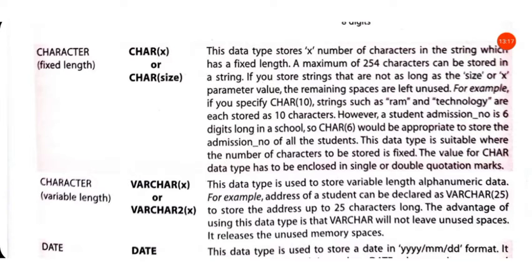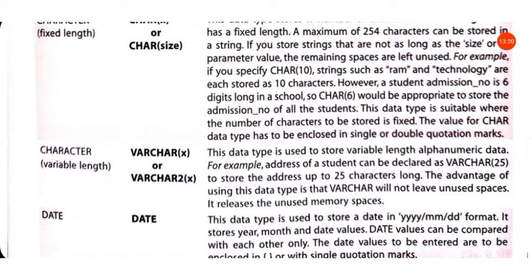So then you will be thinking why these char data types are used. Char data types are used for storing fixed data, that is data which will be of a particular size and will not vary in size.